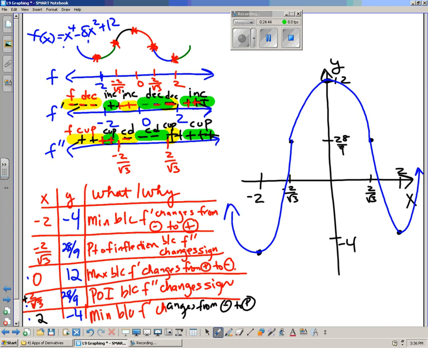So our final graph looks something like that. And you can see at this point is the change, this is an inflection point. It's the change in concavity. Here we have the change in concavity. And if you were to produce that on a graphing calculator, our graph would look very, very similar. So this is what we did in class today,